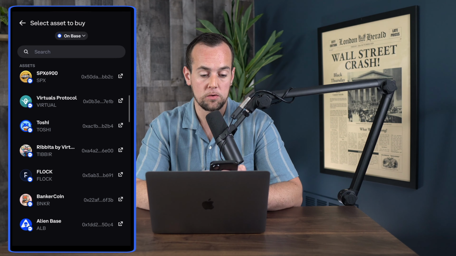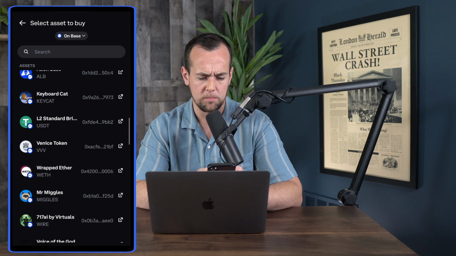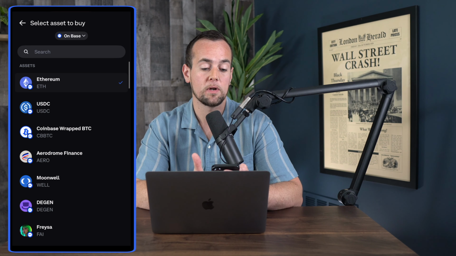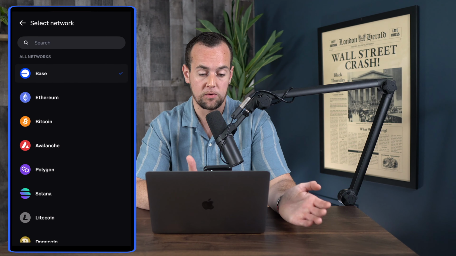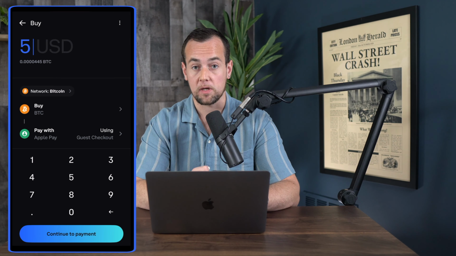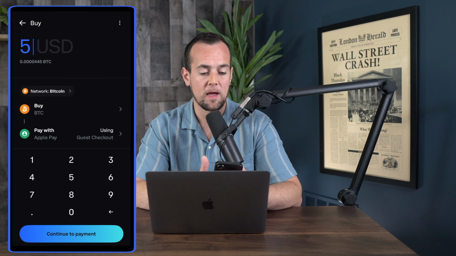Now, everything right here is going to be on the Base network, so this is going to be Ethereum-based tokens here. You're not going to see Bitcoin listed here, for example, but if you click here on where the network is listed, you can change that to the different networks. So if we change it to the Bitcoin network, then you can purchase Bitcoin and even store it through this, for example. So if we switch it now back over to Base and we have it on buying Ethereum,